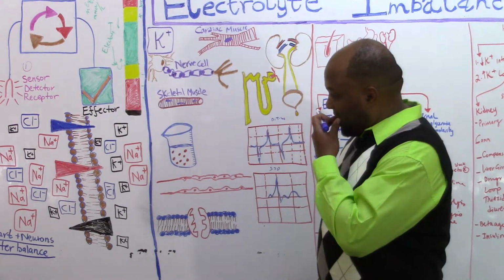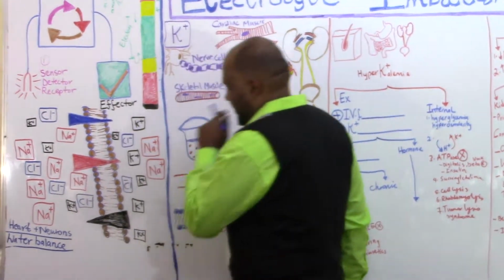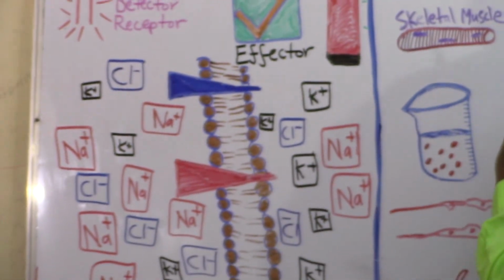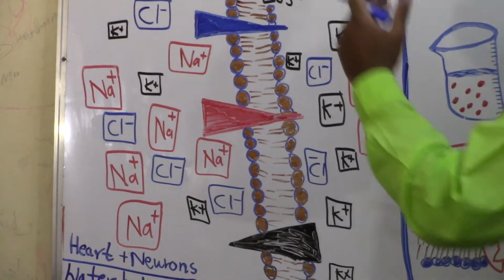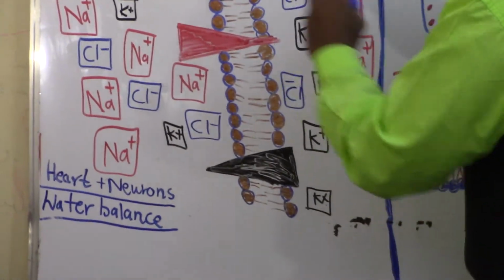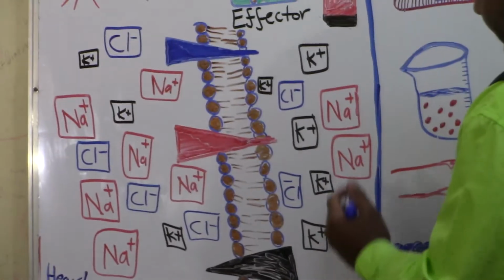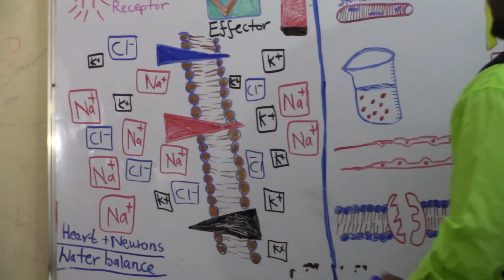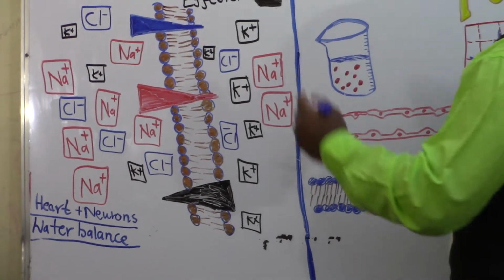So as we see, let's assume that this is the plasma cellular membrane. There is an electrolyte gradient where sodium is highest extracellularly and potassium is the highest intracellular electrolyte. So we must have an understanding of what is intracellular versus extracellular. So in the